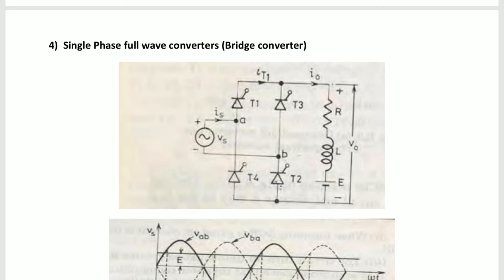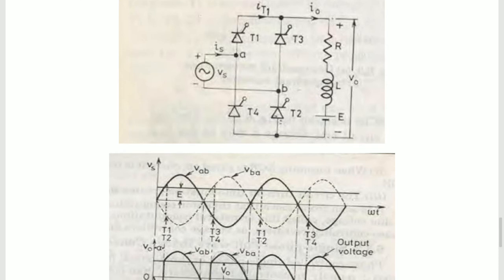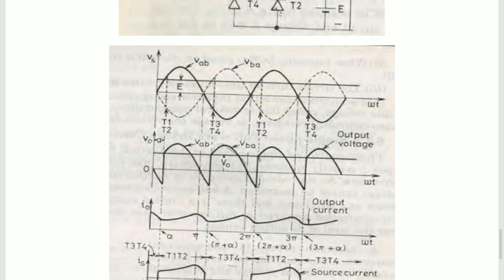During the positive half cycle of the AC input wave, the thyristors T1 and T2 will conduct, because we know at the anode of T1 there is positive supply. As soon as there is a positive half cycle of the AC wave, the thyristors T1 and T2 will trigger, and during the negative half cycle the thyristors T3 and T4 will trigger. Here also the direction of current will be the same. We can understand it by the waveform.